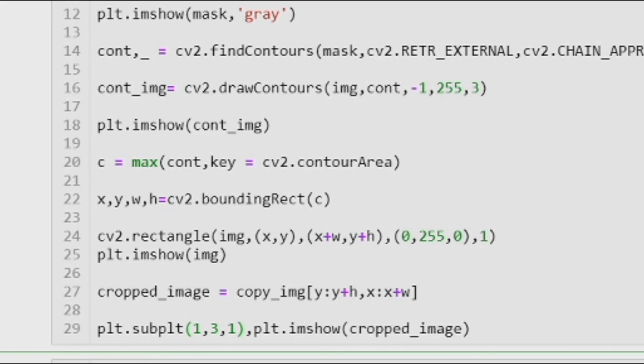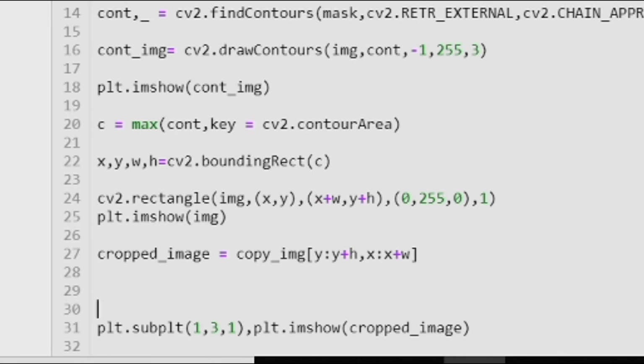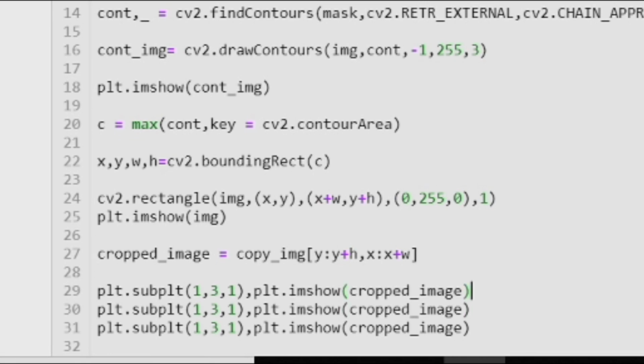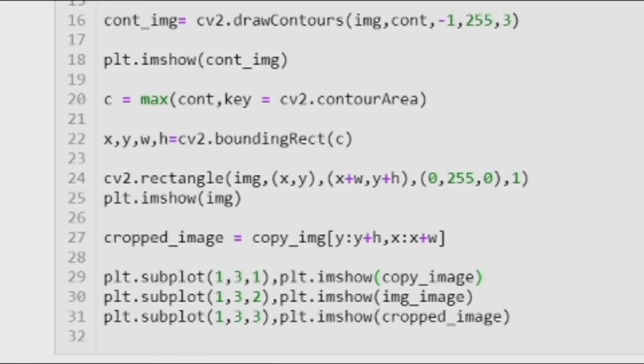Then after that you can put this imshow. This is for the cropped image. So let's put this cropped image at the last. And in the starting we will print the input image. Then we will print the contour image with contours, and in the third rectangle we will print the output image of this script.